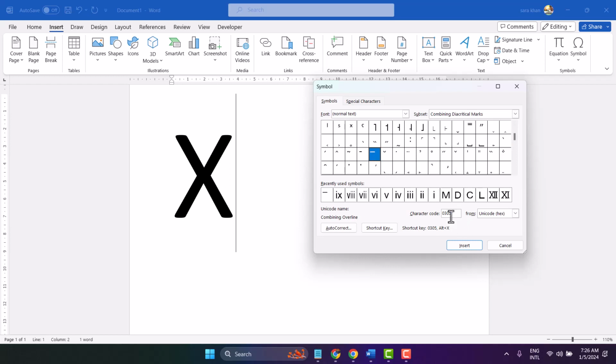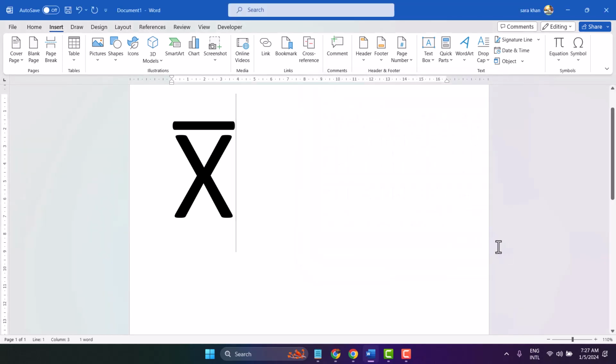This is the character code 0305 and its shortcut key 0305 followed by Alt plus X. So select it, then insert. So this is the first method. Second method,